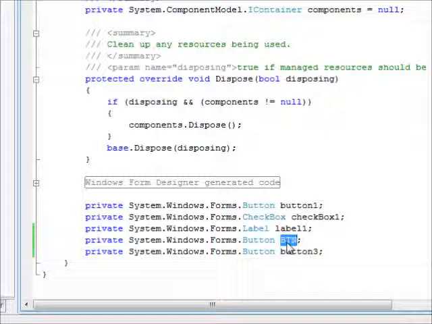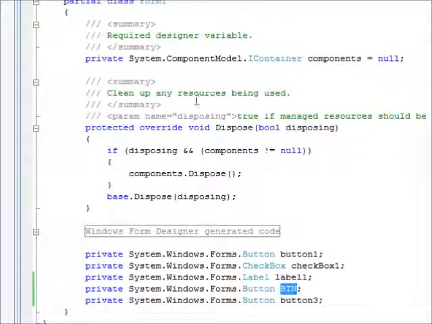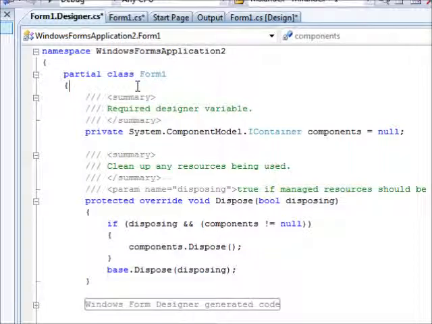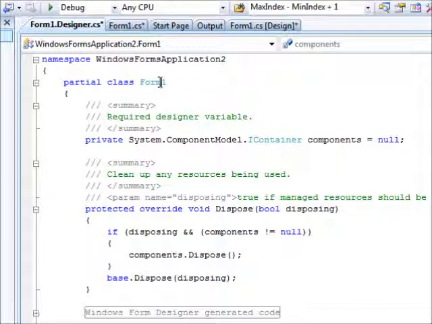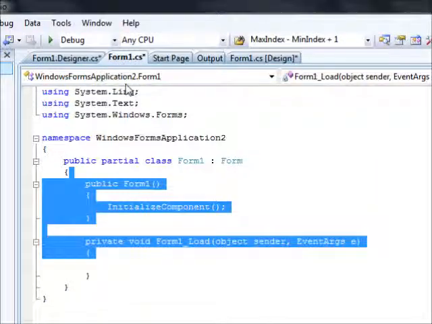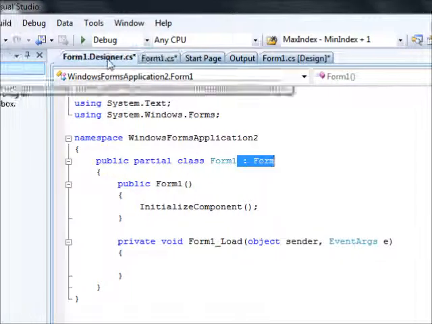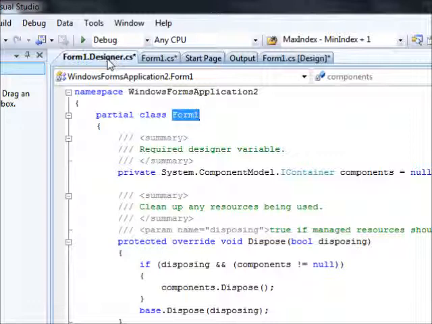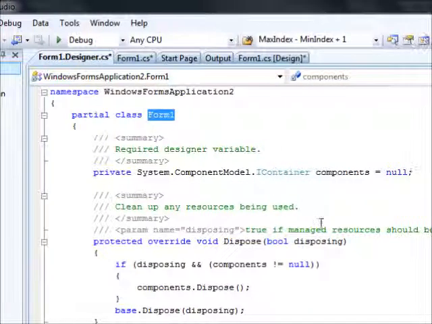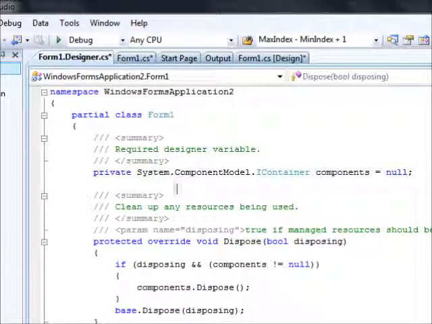Now let us try to understand what is happening here. The first thing, as we said before, is that Form1 is being inherited from the class Form. So this is where we said that it is being inherited from class Form. Okay, so it takes all the properties and stuff like that. So now what also do we have? We have